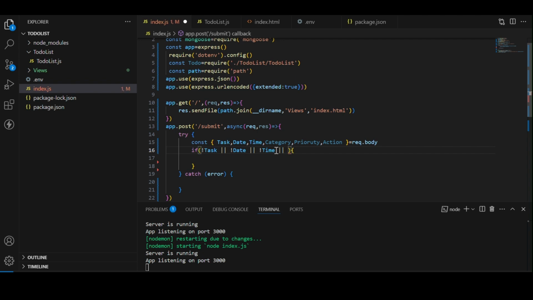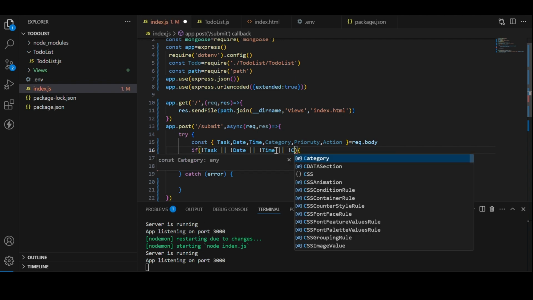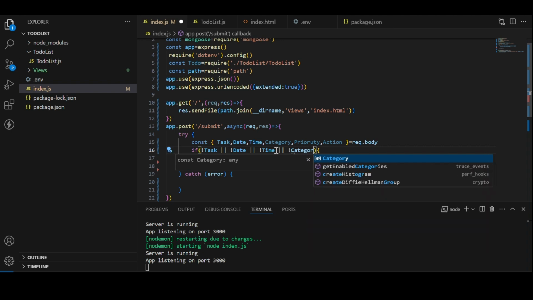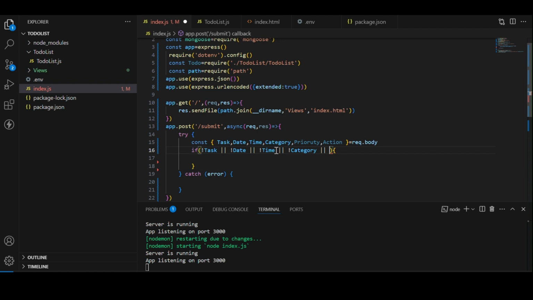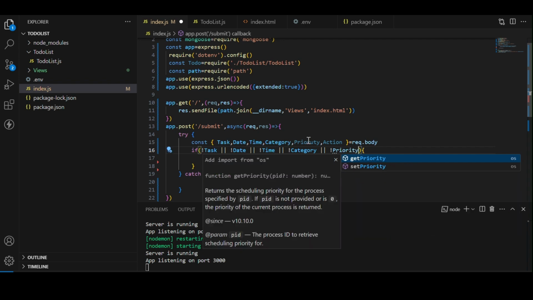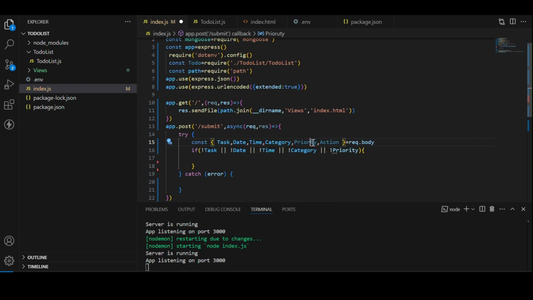Here, if there is no category, if there's no priority. Oh, actually, I misspelled priority. It should be priority. And if there's no action,